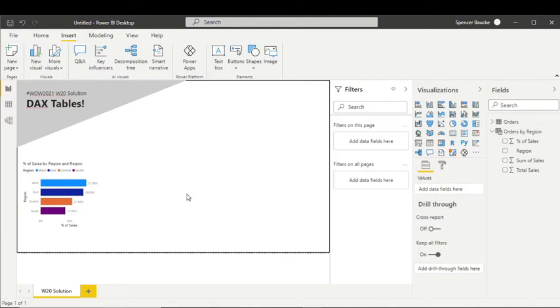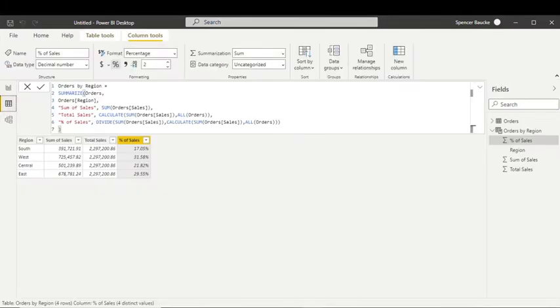Okay, so now my next requirement, if we go in and look at it, is we're going to break this out by years. So percent of each region by each year. This gets a little bit trickier, but let me show you how I'm going to handle this. I'm going to take a lot of the same functionality from the last one that we just did because they're going to be very similar, right? They're not going to be the same, but they are going to be fairly similar, and they're going to use some of the same